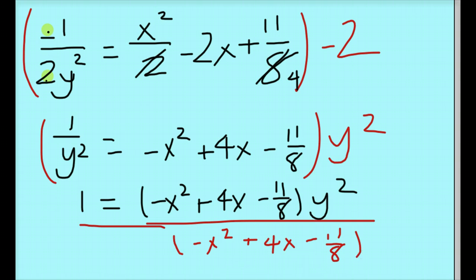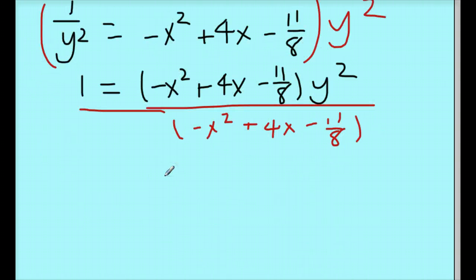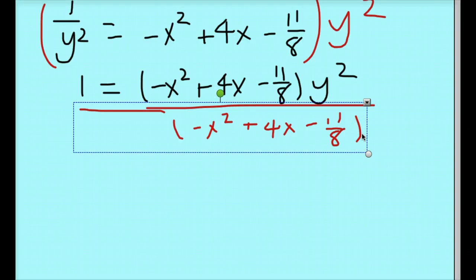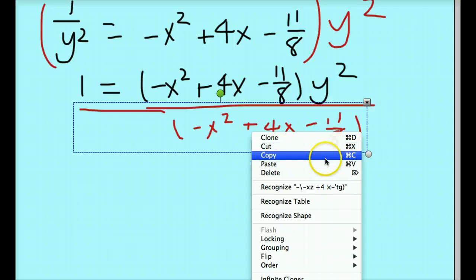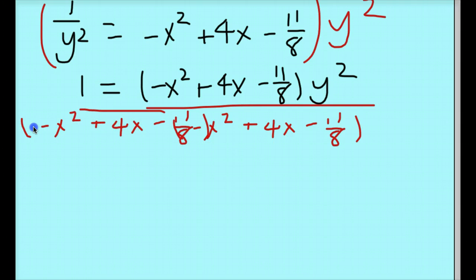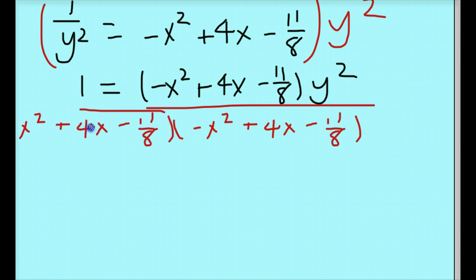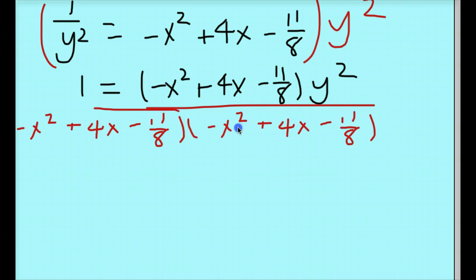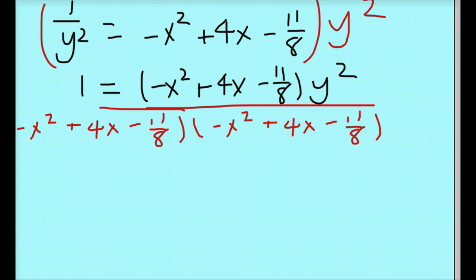Okay? So since I'm doing this on both sides, real quickly let me copy this whole thing because I'm too lazy to rewrite it. So I do it on that side, and I have to do it on this side, right here, right? And then what we see is on this side, this whole thing cancels. And what I get is 1 over negative x squared plus 4x